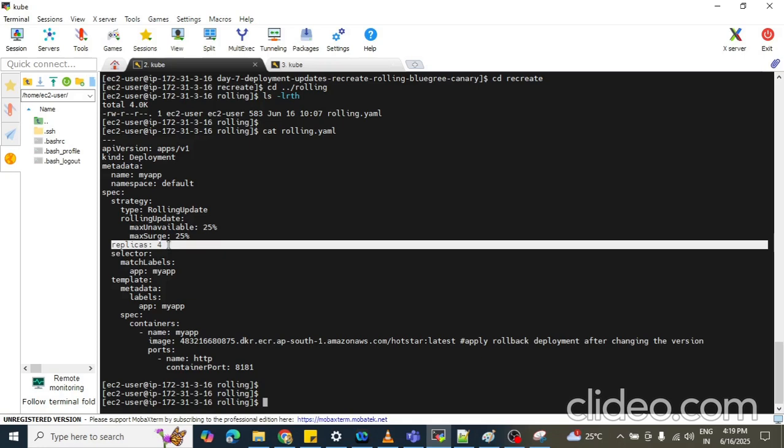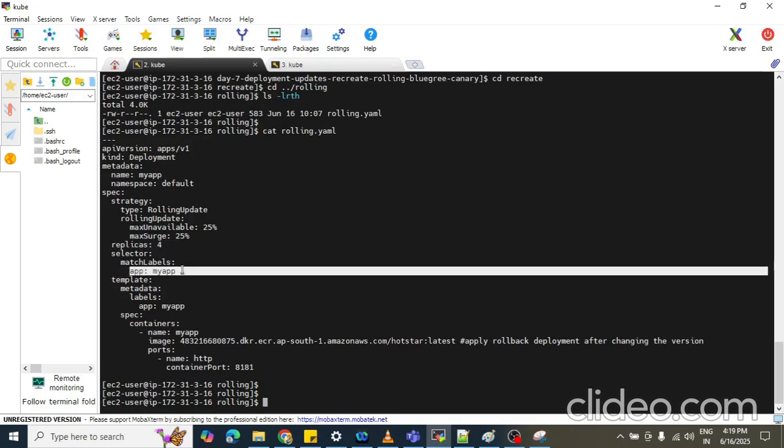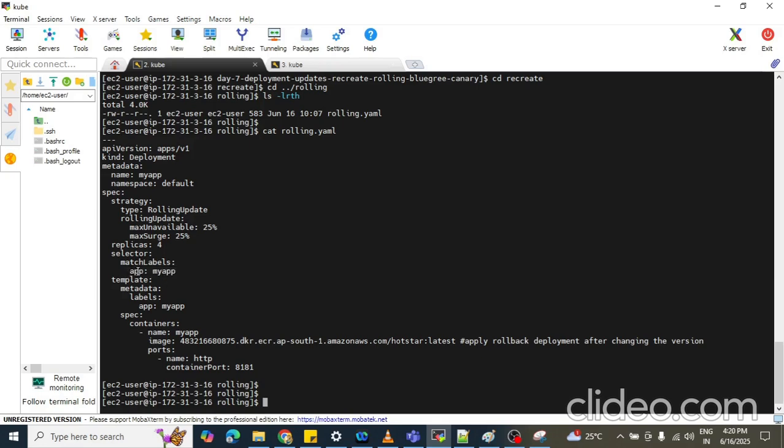Selector, that is matchLabels app: myapp. The deployment manages only the pods whose label is app equal to myapp. Only the pods that match the selector are managed by the deployment, which means that particular label should match. Next is your spec template. That is called the pod template. This one.